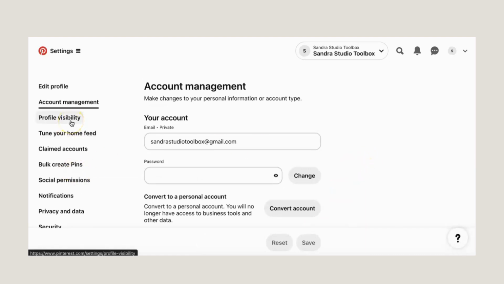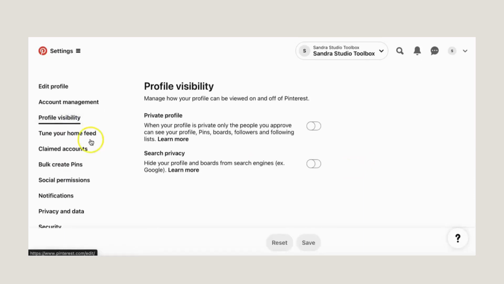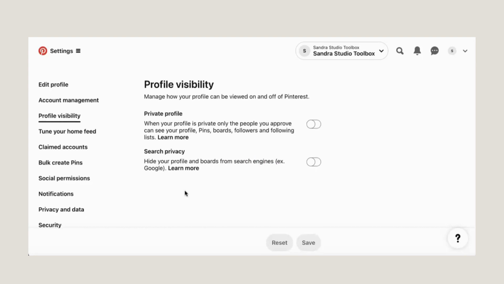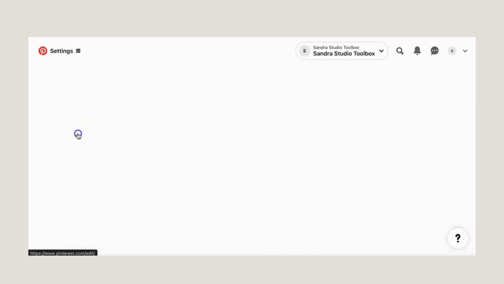Now, profile visibility. I'm not sure what that is about. So manage how your profile can be viewed on and off of Pinterest. Hide your profile and boards from search engines. I think that's redundant. What's the purpose of having this if you're going to hide it? When your profile is private, only people you approve can see. And I don't want either one of these. So we're going to skip the profile visibility section